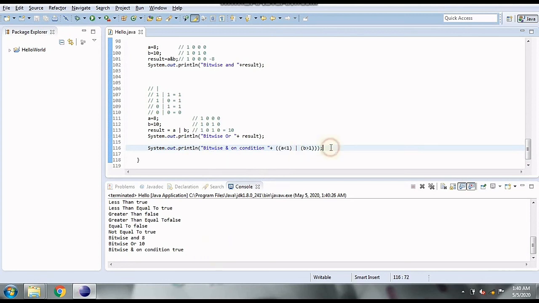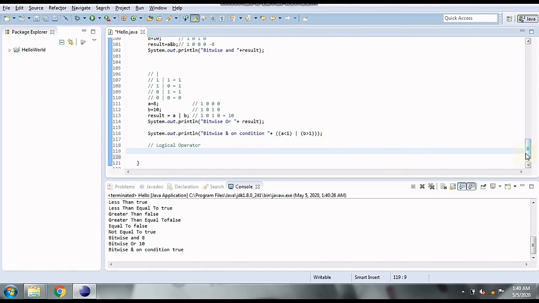Now next up we have logical AND and logical OR. In logical AND, the same rules follow: if one condition is false, the output is false. And in logical OR, if one condition is true, the output is true.